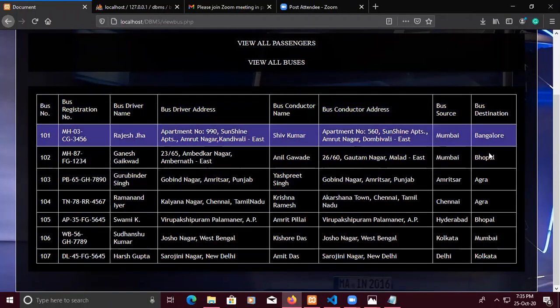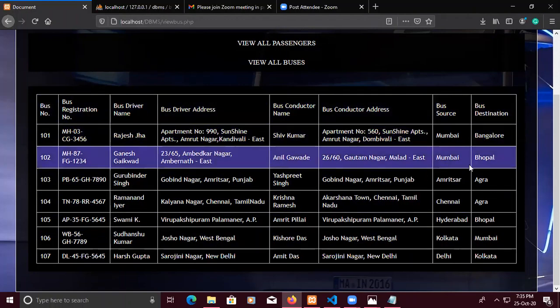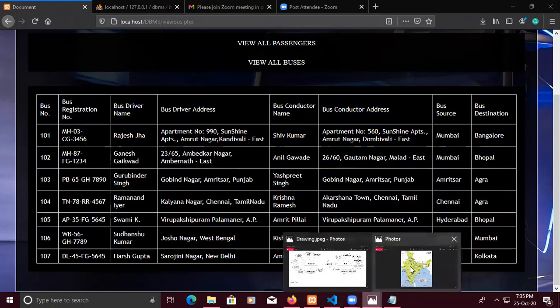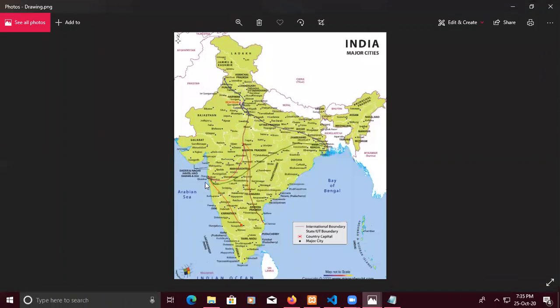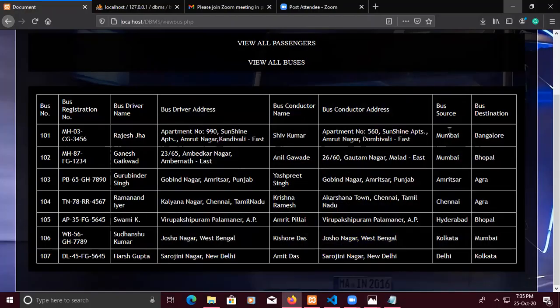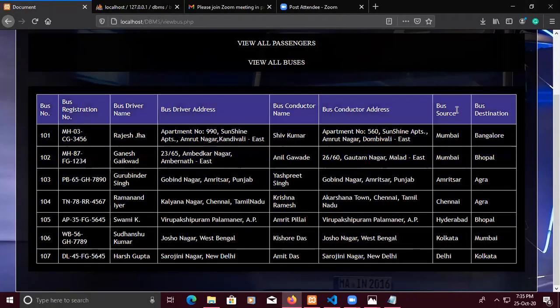So this whole thing had been covered, and the bus source and destination are routed from here. So this is Mumbai to Kolkata and Mumbai to Bangalore. So likewise, this has all been covered here.